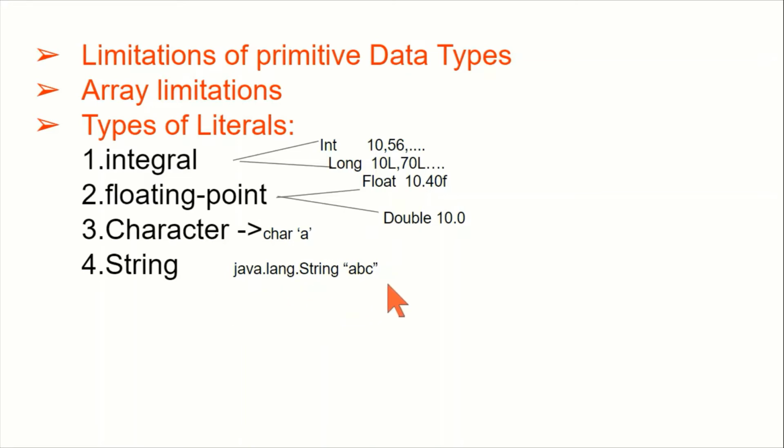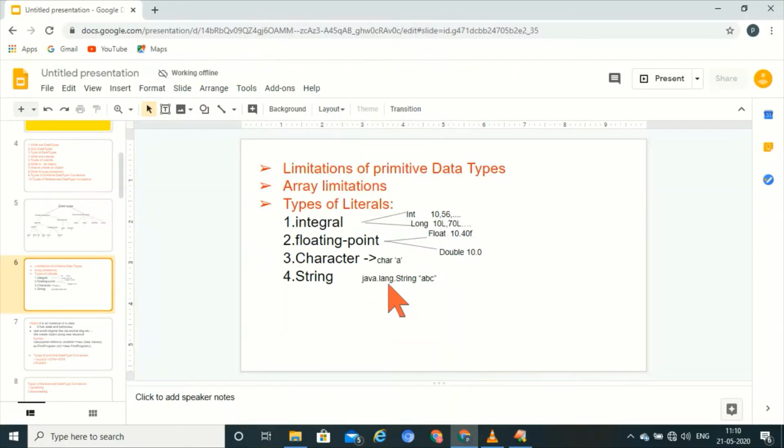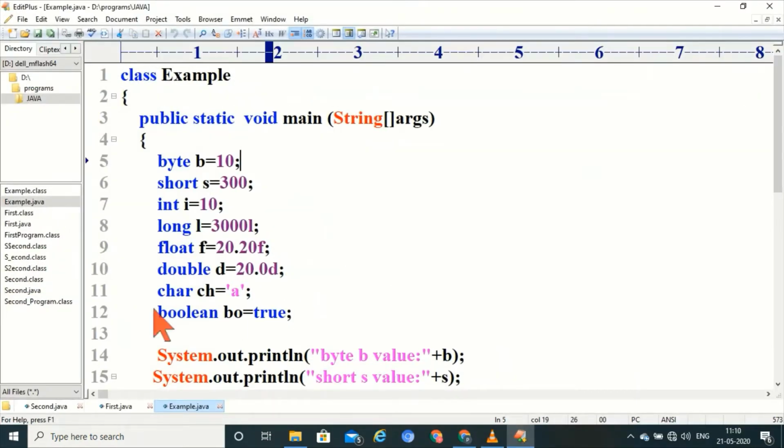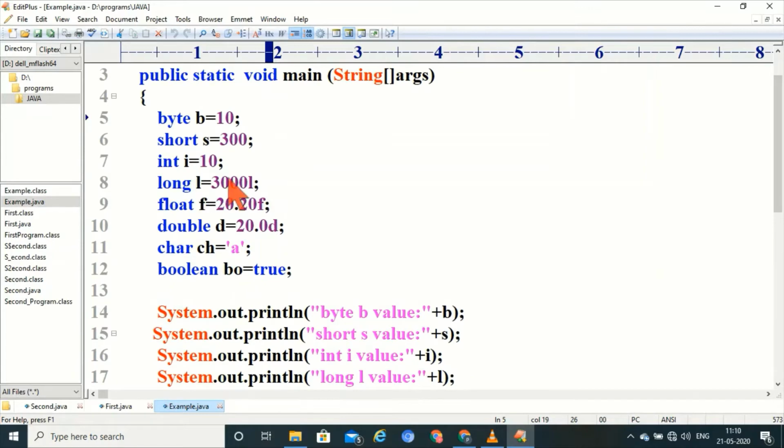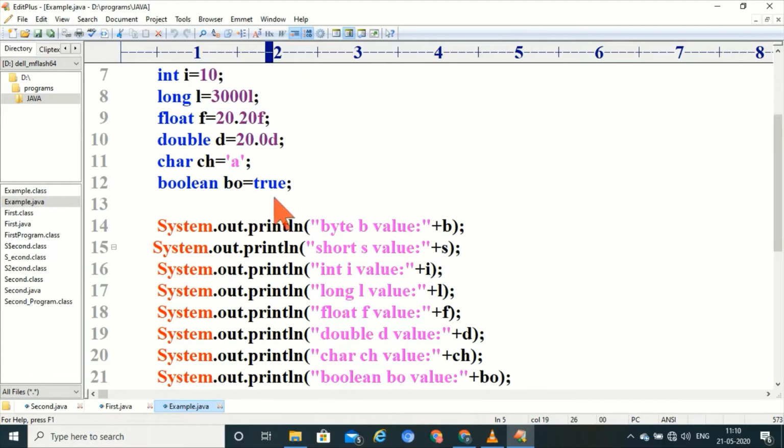Let's see an example. This is long type, suffixed with a small l. This is float, this is double, character, boolean. Boolean has only two values, either true or false.